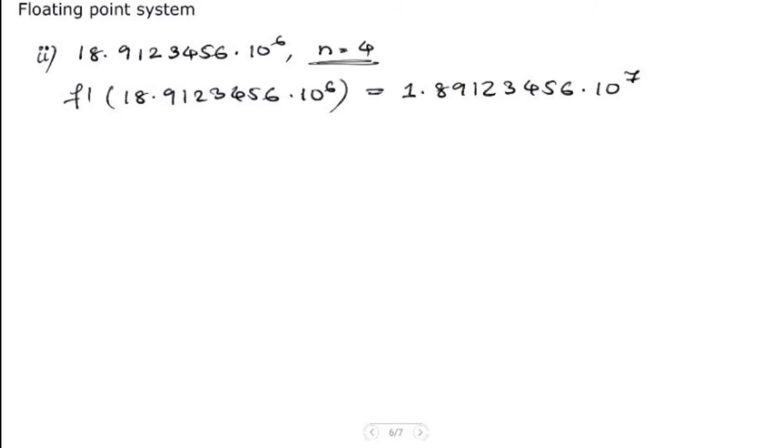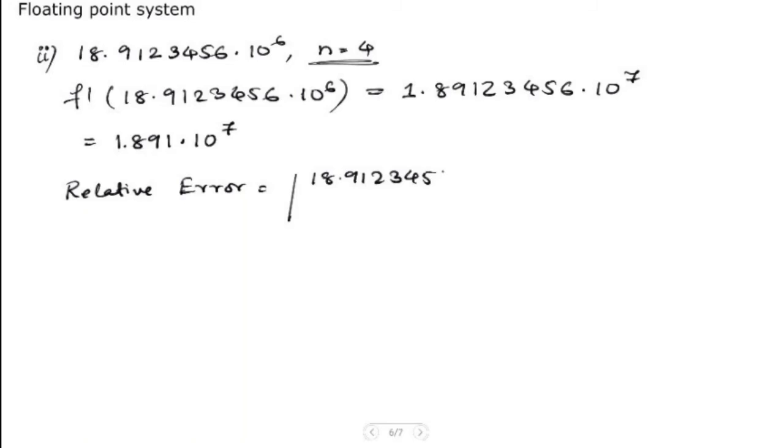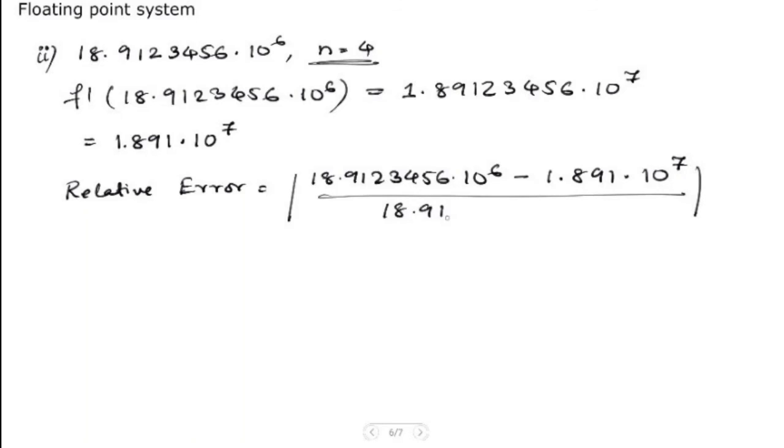Now using n is equal to 4, so we only take 4 significant digits here, so we have 1.891 times 10 to the power 7, and then the relative error is equal to the original value minus the approximated value, that's 1.891 times 10 to the power 7, divided by the original value, which is 18.9123456 times 10 to the power 6, and this gives us the value